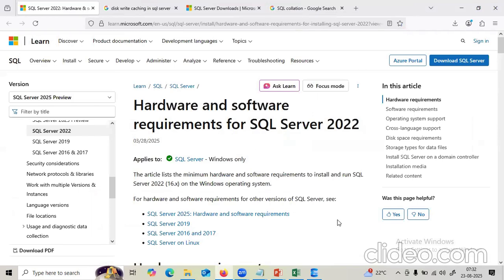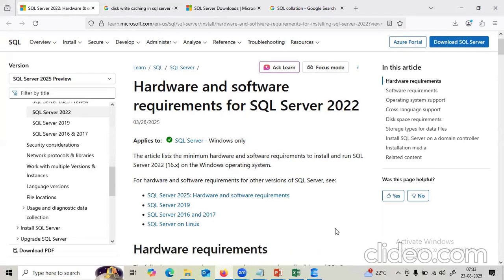Suppose you are going to install SQL Server 2022 on our machine. What hardware requirements and software requirements do we need to provide to the Windows team? Why? Because if you are not providing the information, the Windows team will build the Windows machine and they may keep a legacy operating system, or maybe they will forget to install some